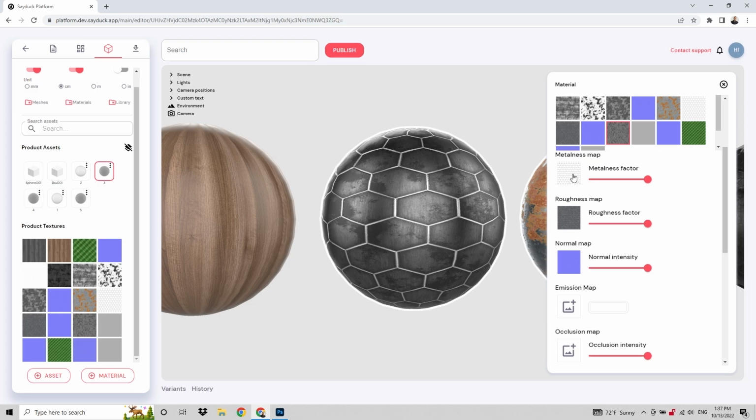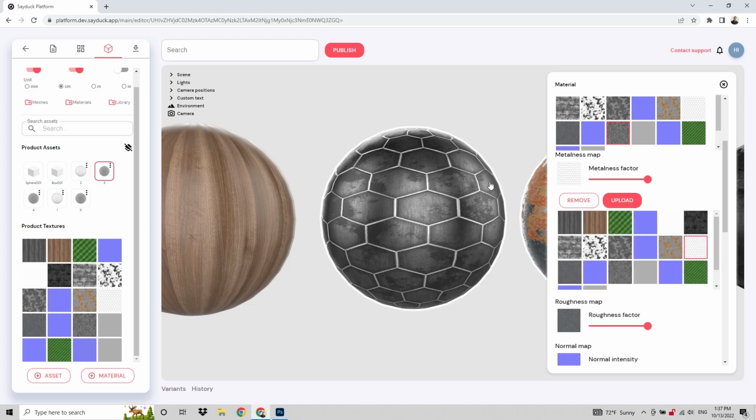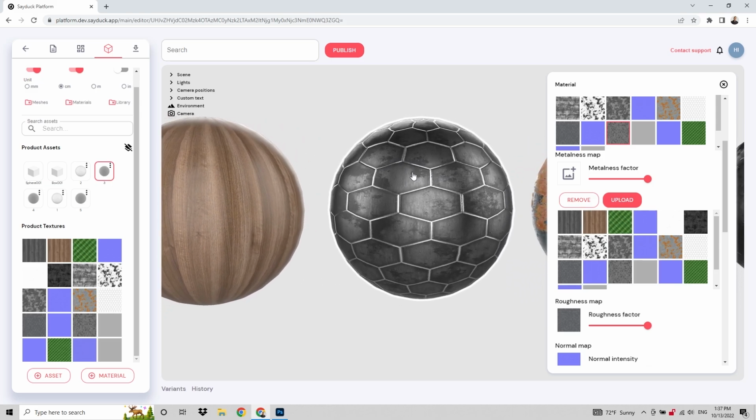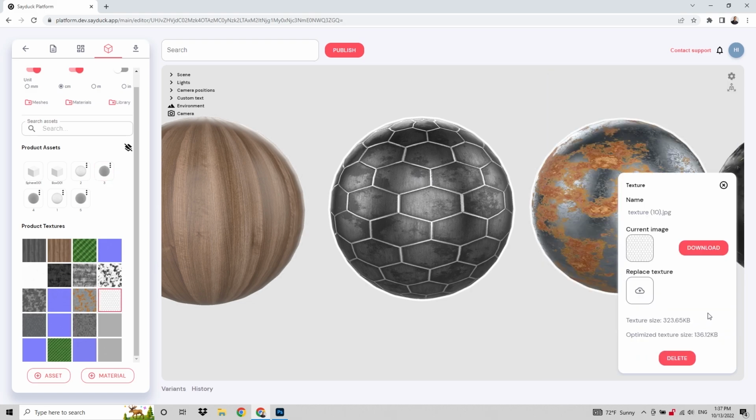The metalness map on this one differentiates the metalness values on these breaks. So if I were to remove it, it's not as high quality, I guess. But of course, adding that adds data to your product, so you should always think if